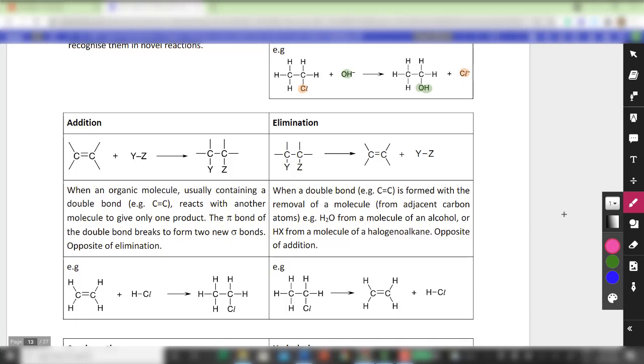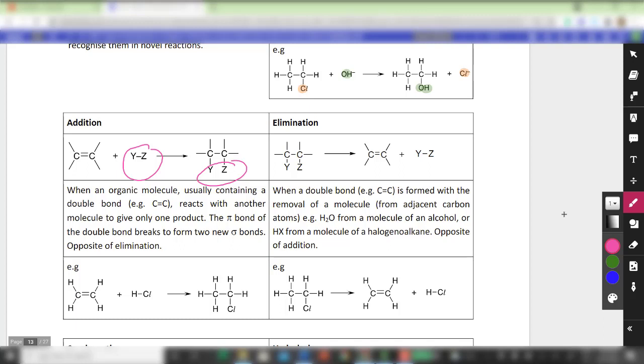Usually for an addition reaction, nothing is being lost in the process of the reaction, which means there's no byproduct. For example, when YZ is being added across the C double bond, nothing is being eliminated in that sense. So we call this a pure addition reaction. Basically one pi bond is broken, and you form two new sigma bonds at the organic substrate,